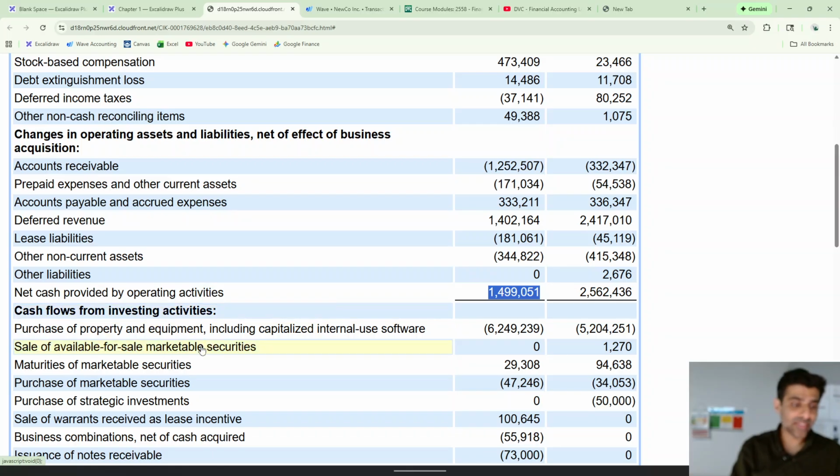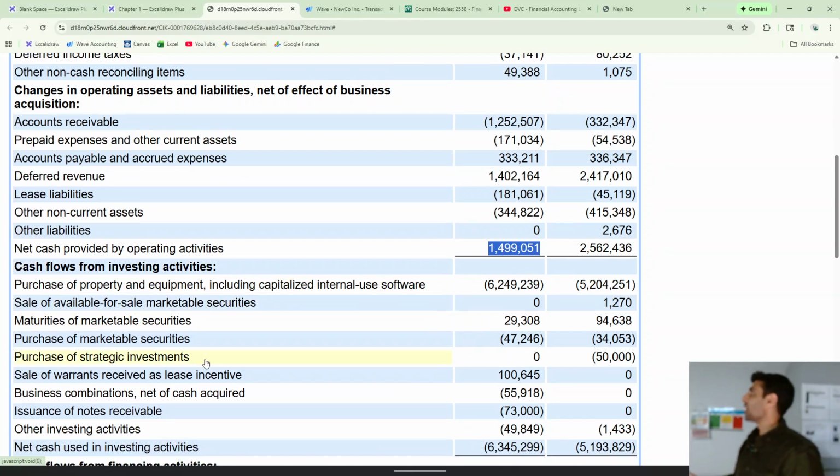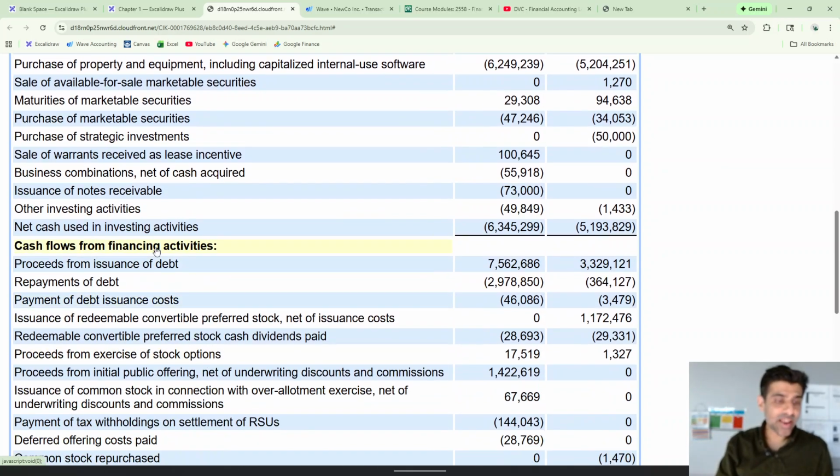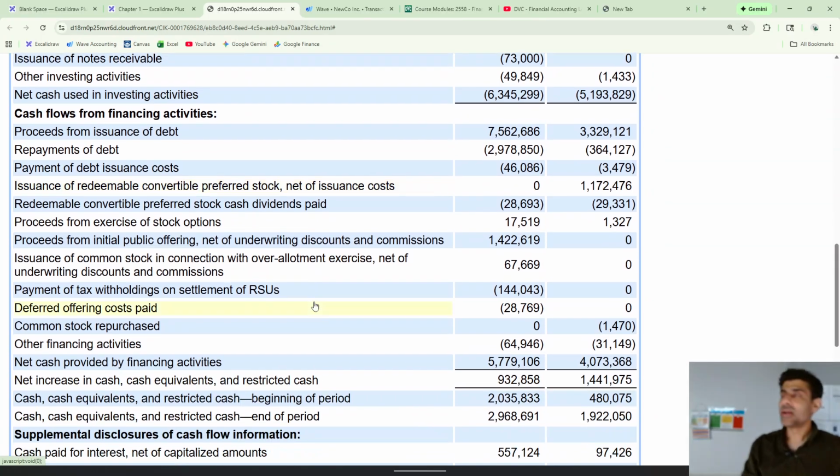Another section is investing activities. So this is all the assets it buys, and all the assets it sells, and how much cash goes in and out of that. And then financing activity, which is if it's selling stock, if it's borrowing money, if it's paying off debt, how that cash flows in and out. Okay, so it's just looking at the cash